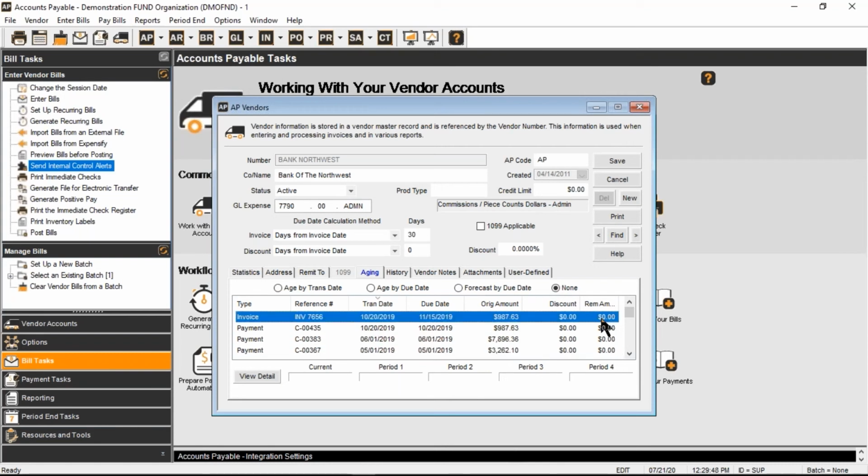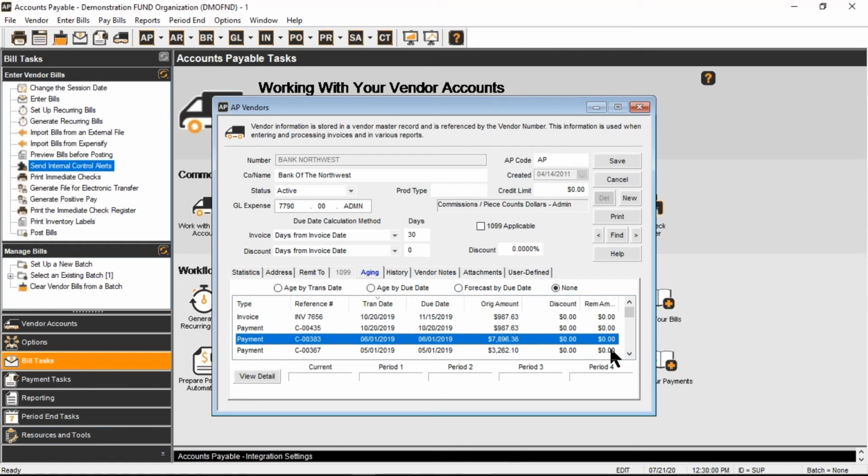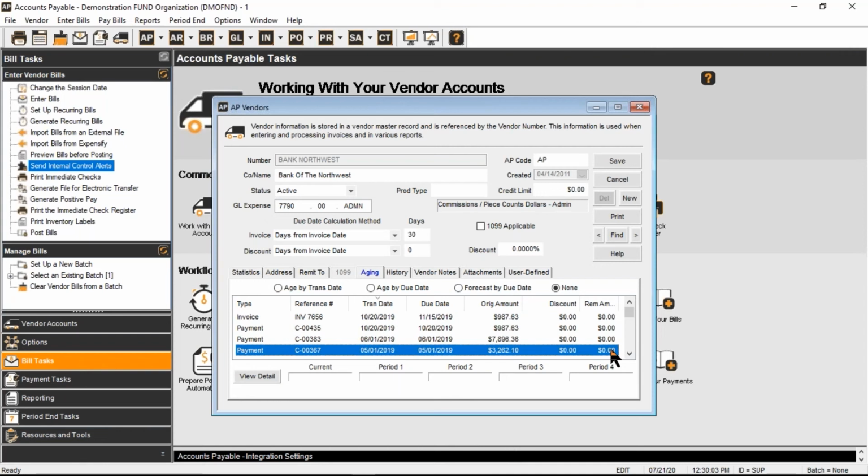On an invoice, the remaining amount will be the amount due on that specific invoice. On a payment, it's any leftover amount that has not been applied to any invoices yet. That's what the remaining amount will be on payments and credit memos. Okay,